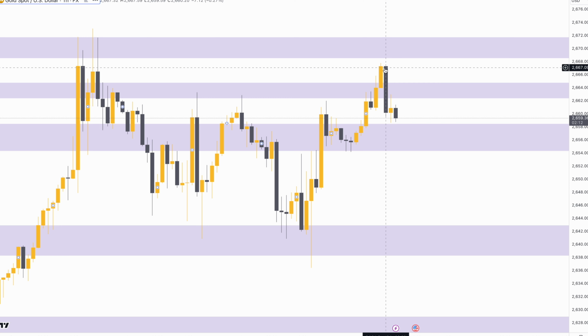Price has then touched that level and then has since dropped back down and is now testing the previous resistance that we were just speaking about at 2660 to 2663 as a support. So the previous resistance as a support, what does that indicate to us? We are seeing a break and retest pattern. With 2 minutes left on this hour one